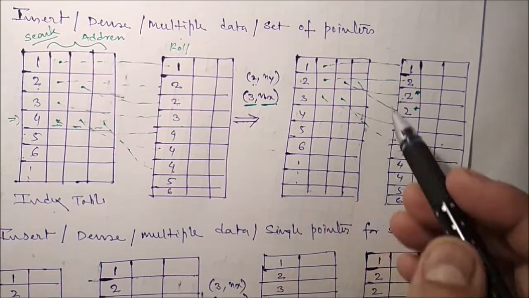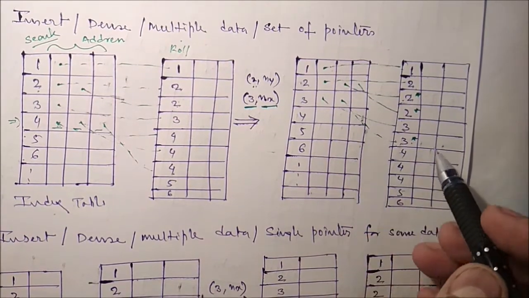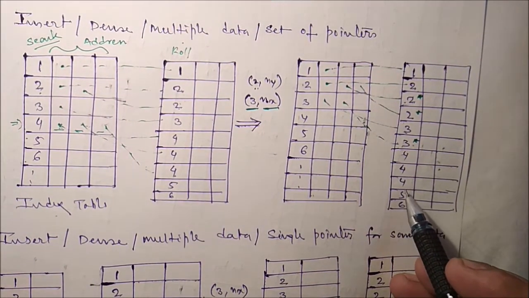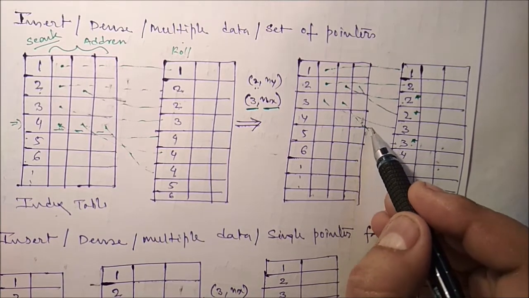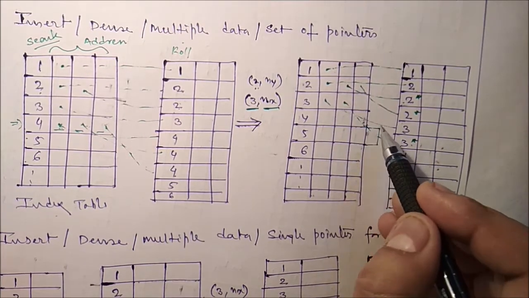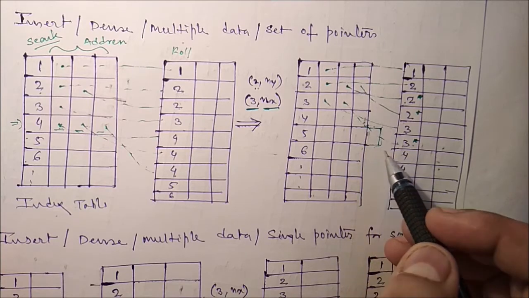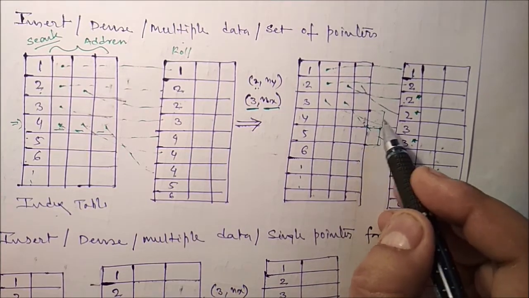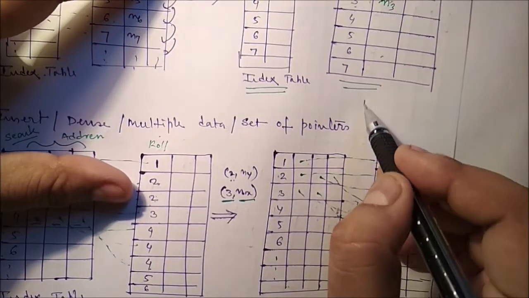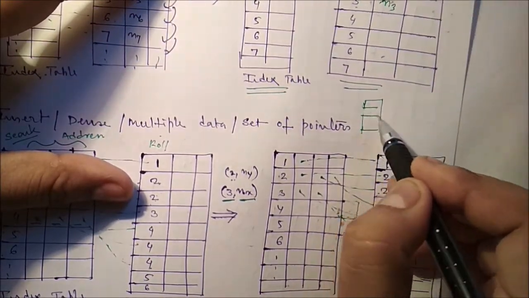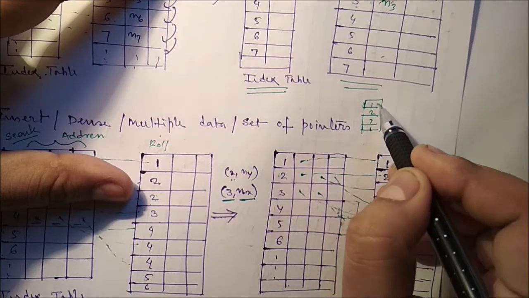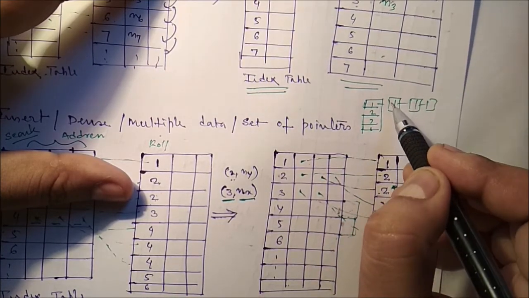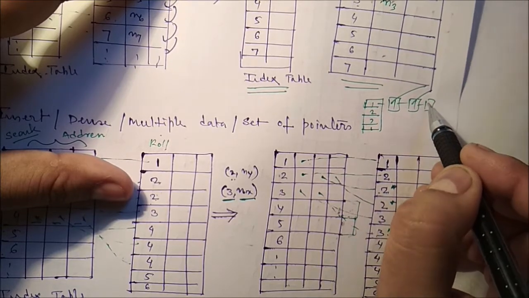And generally we use a linked list to implement all these things. Suppose all three 4s are there, and we want to add another 4. Definitely we have to increase this memory size. Here we generally use dynamic memory allocation, or the linked list, and we can easily increase this size dynamically. Are you getting this one? Say these are our indices, 1 2 3 4, and here you have to use the linked list. So here I have to store the address of the first one, the address of the second one, the address of the third one.